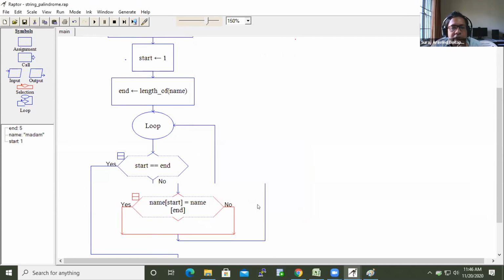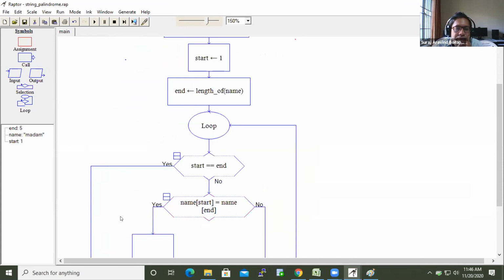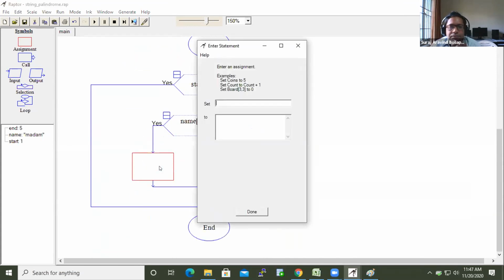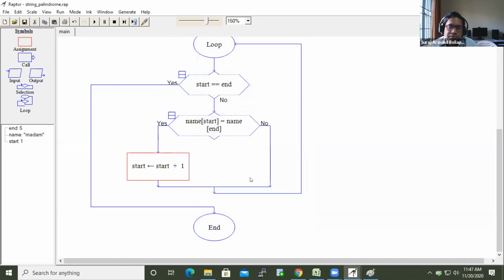If it is yes, start we increment it with 1, end we decrement it with 1. So those two assignments, let us put it here. Set start to start plus 1, and also end to end minus 1.